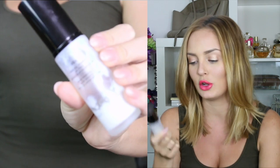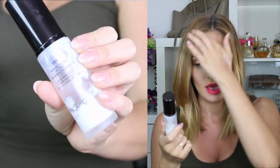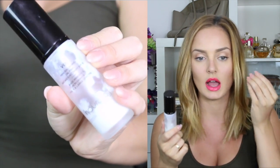First, I'm going to show you this, which will hopefully not be a shock because I rave about this constantly. It's the Veil Mineral Primer from Hourglass. It's kind of silicone-y, but it's not slippery like other silicone primers. It's like a dry silicone texture. You smooth it over your skin, and the texture disappears completely. It's got a bit of a white cast if you apply too much, but if you apply a small amount it doesn't happen. Smooths out your pores, conceals redness,